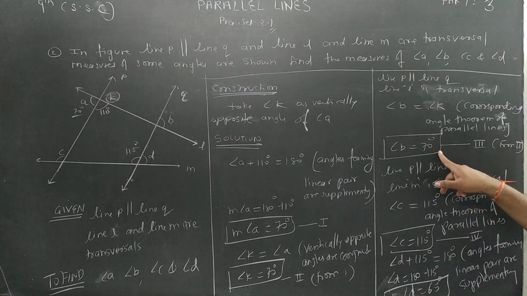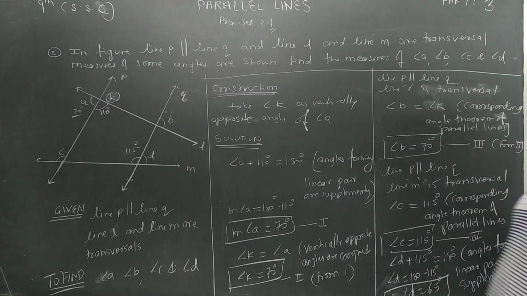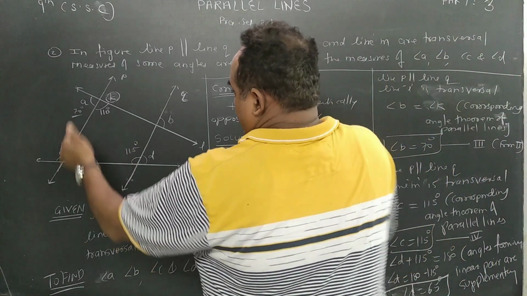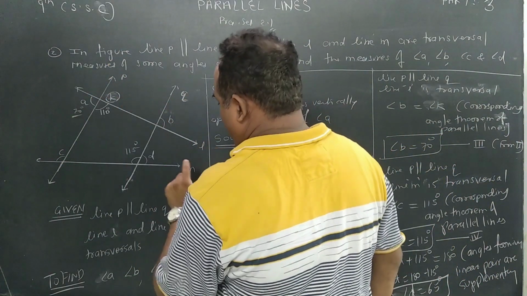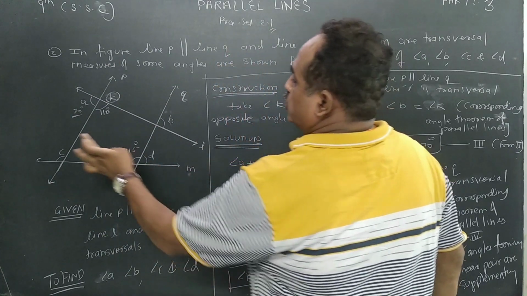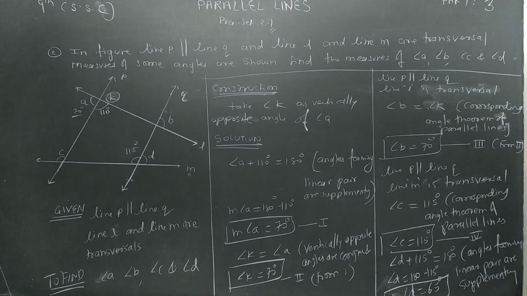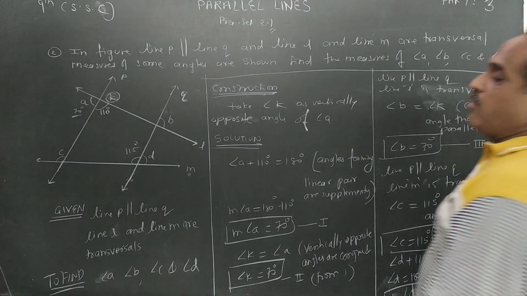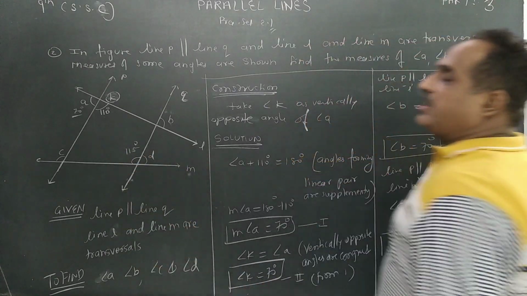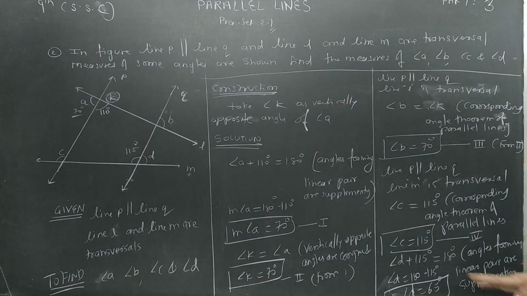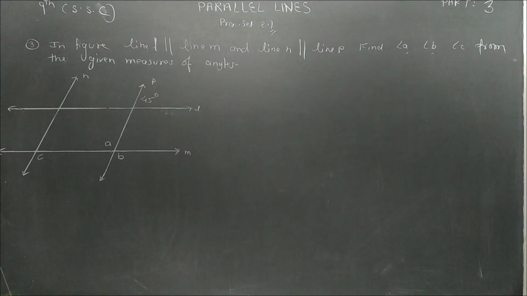तो angle B कितना मिला? 70 degree. फिर हमें तो ये निकालना है C और D. वापस पैरेलल लाइन कौन सी है? P and Q. बट ट्रांसवर्सल कौन सी है? M. तो एंगल C और 115 दिस इज कॉन्ग्रुएंट बिकॉज करस्पॉन्डिंग एंगल थ्योरम. तो व्हाट यू गॉट? एंगल C कितना हो जाएगा? 115 का. बट हाउ टू कैलकुलेट D? D और 115 में क्या रिलेशन है? Angles forming linear pair. I got D is equal to how much? 65 degree. Write it down. Copy down it properly.